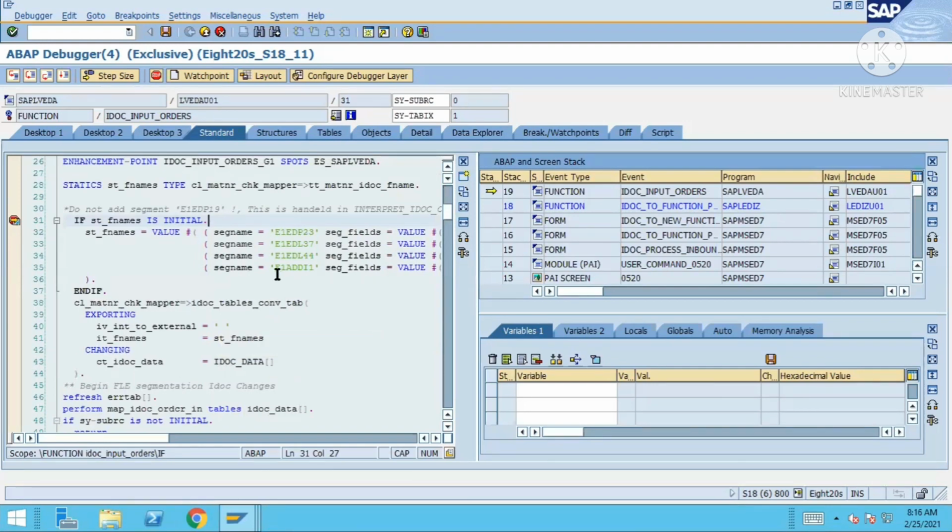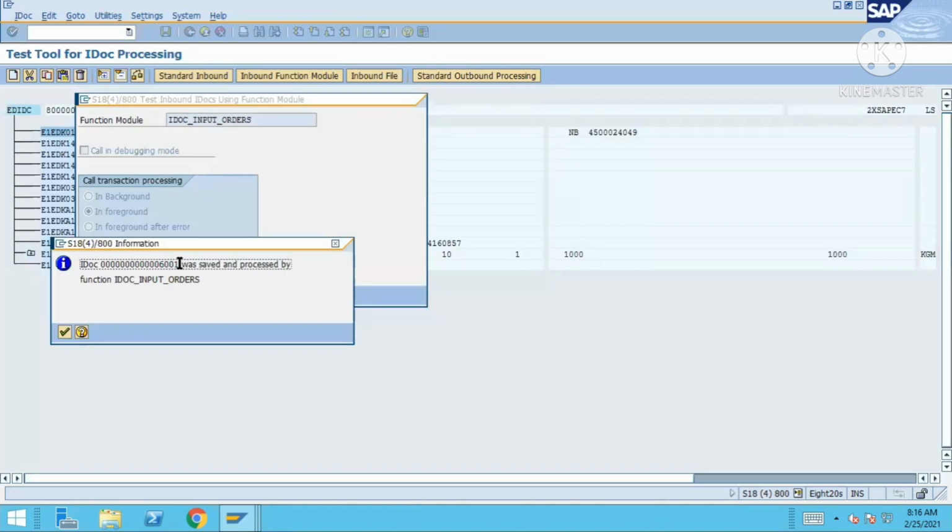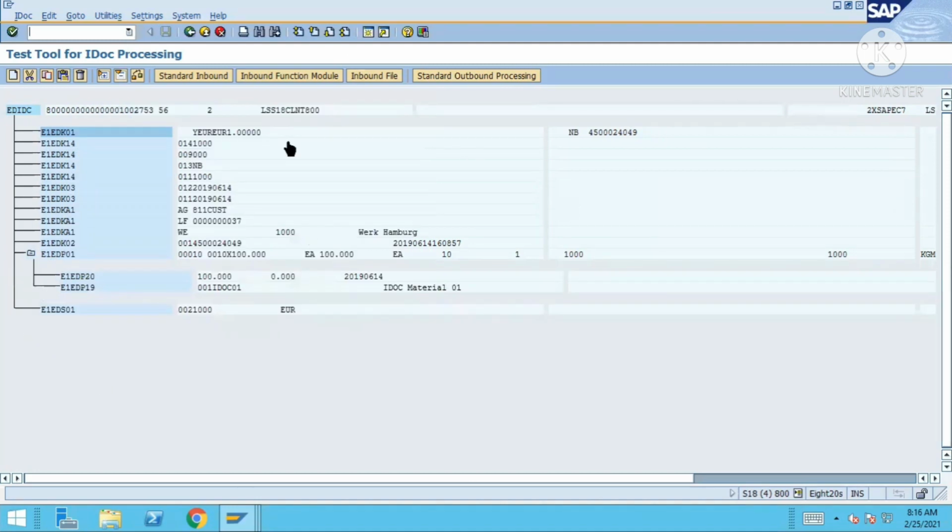But it is supposed to trigger through BD87 also. Some problem is there before calling this IDOC input orders itself. The control is exiting, that's why it's not triggering. I'm just pressing F8 over here and you can see that another IDOC got generated. So WE19 you can try with, but when to use WE19 and when to use BD87?